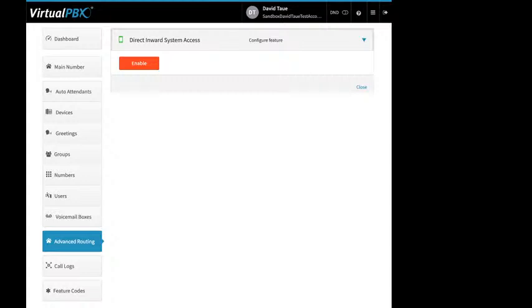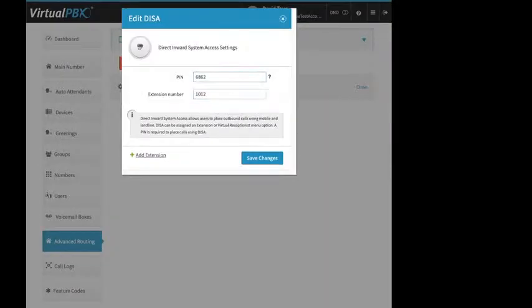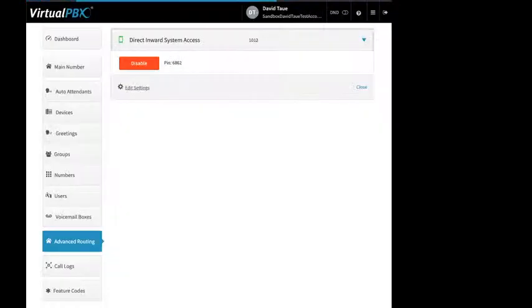Now, by default, this is not enabled on accounts. If it's something you want, you can just send in a request to support at VirtualPBX.com, and we can turn that feature on. And then you will then be allowed to enable it. You see I have a PIN number here. If you click Settings, I usually recommend adding an extension number to it, and then clicking Save Changes. So now,